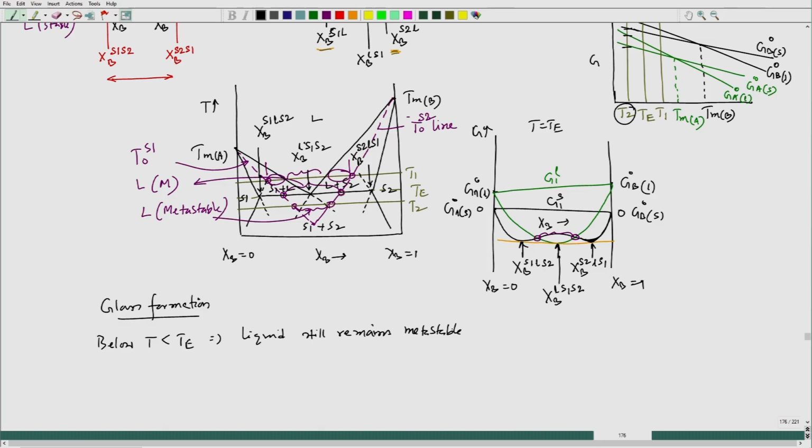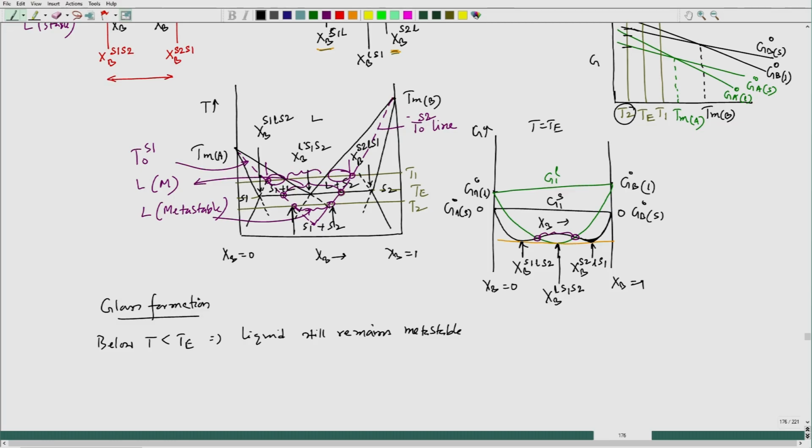That means liquid existence is still there, though metastable. Now, let us say I take any composition between these two T naught locus points, at T 2, any composition I take,